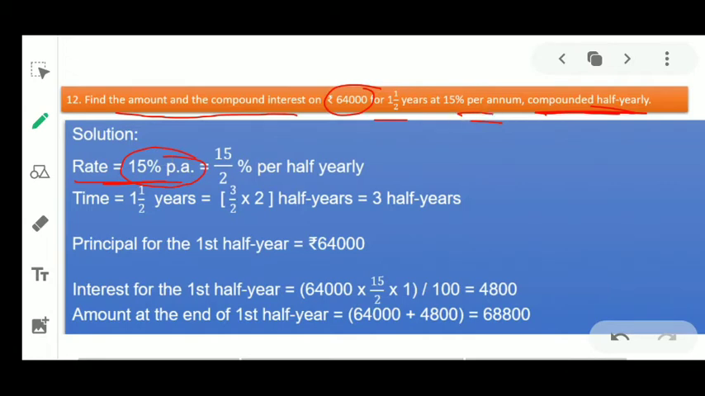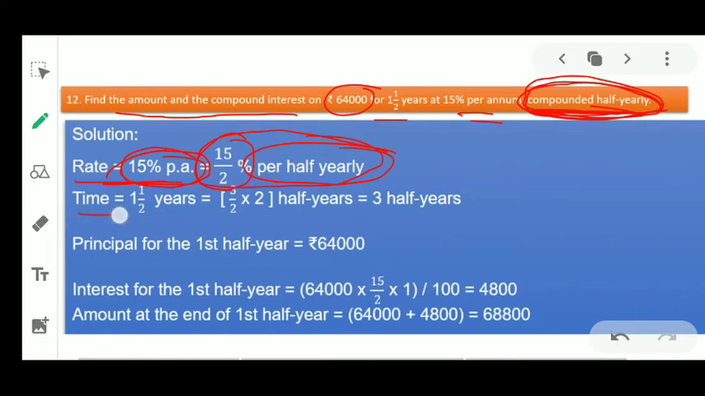But if you look at the last sentence, compounded half yearly, when you see this phrase, then divide the rate percent by 2. As you can see, 15 by 2% per half yearly. Here I have converted 15% per annum to 15 by 2% per half yearly. Here the time is 1 1/2 years, that is 3 by 2 into 2,